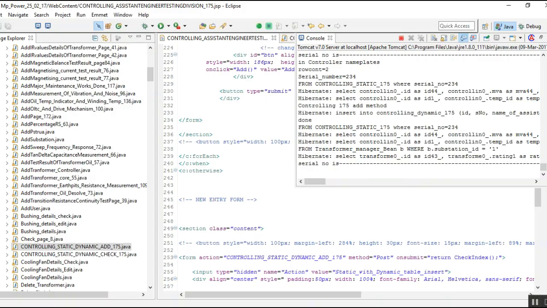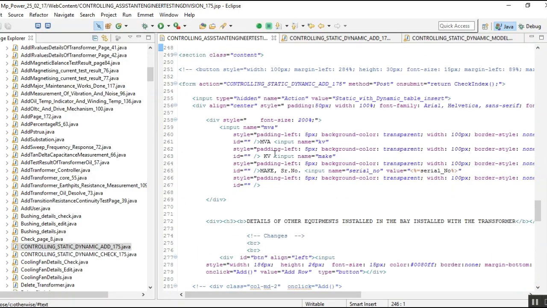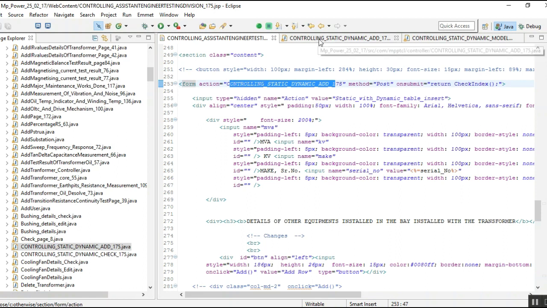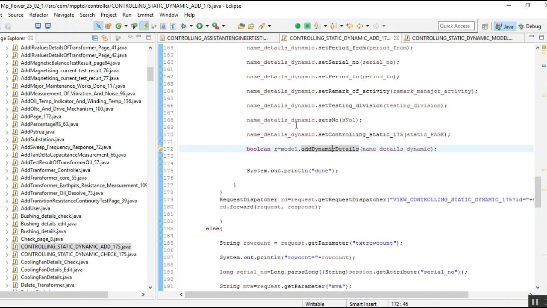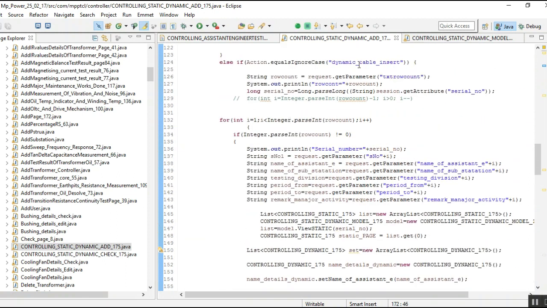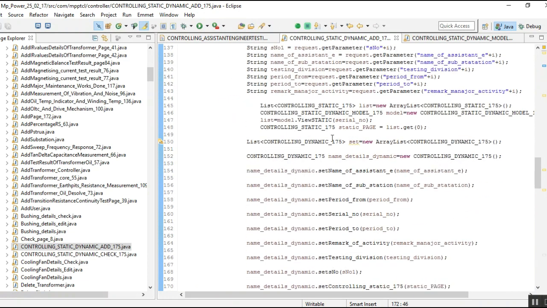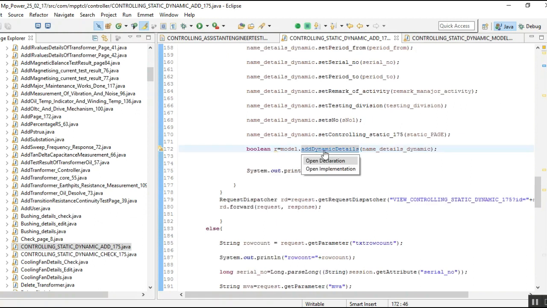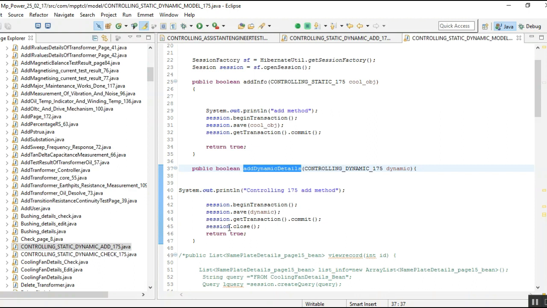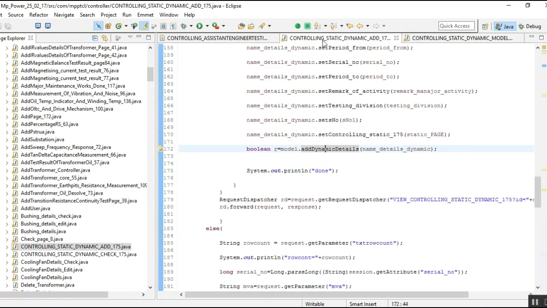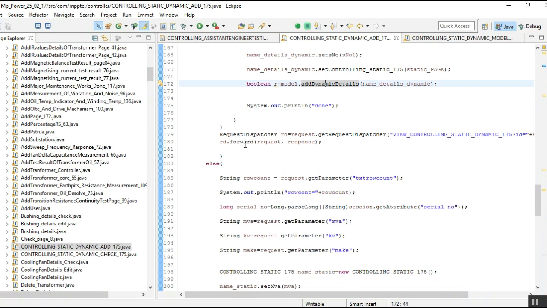So what we did basically in the code, as you can see, this is the form that we are going to submit. This is the add controller, which adds all the details. When we go to that controller, as you can see, these are all the details. This is the method which will take all the parameters and set them in an object, and then we just save the object. As you can see, we save all the objects by using Hibernate. And now when all the objects are saved, we are just redirecting, meaning we are sending it to another servlet which is displaying all the details.